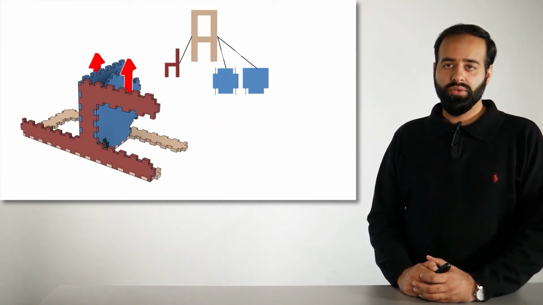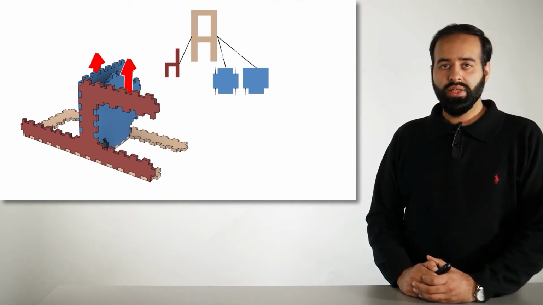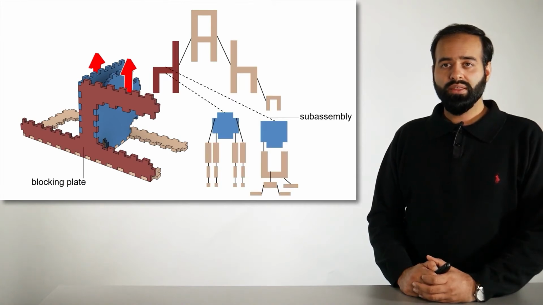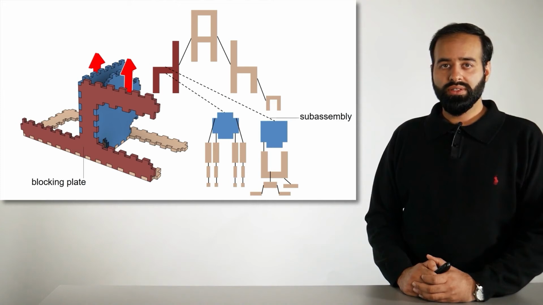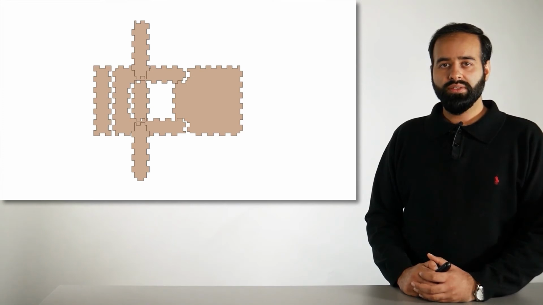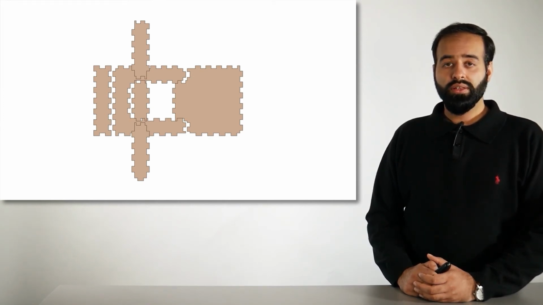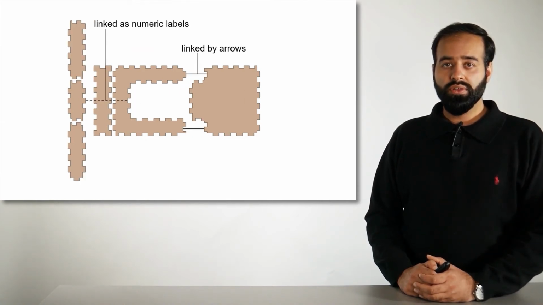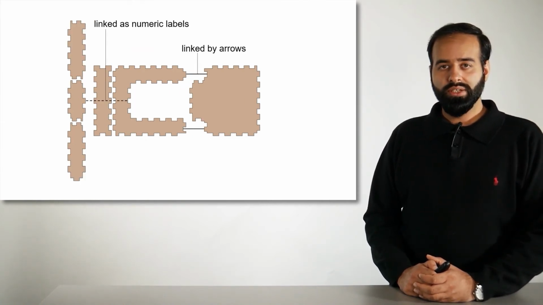Next, Roadkill makes sure that all branches of the tree can be assembled independently. In this case, the brown plate is blocking the two branches. Roadkill resolves this by making the branches subassemblies of the blocking plate. This makes sure that the user will assemble them and connect them to the blocking plate before the next step. Next, Roadkill creates the 2D layout by placing connecting plates adjacent to each other. Roadkill then resolves overlaps by either linking through arrows or creating further subassemblies. For more details, please look at our paper.